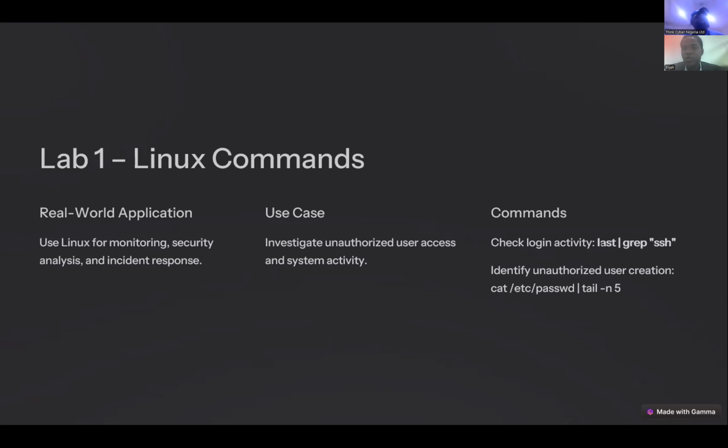To start a service, you do service, then the service you want to start, then start. If you want to stop the service, you do service, then the service you want to stop, which had already started, then you put stop at the end. Then to restart it, you do service, the service you want to restart, then restart.